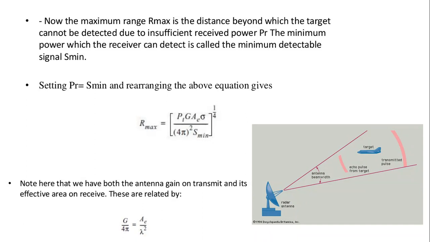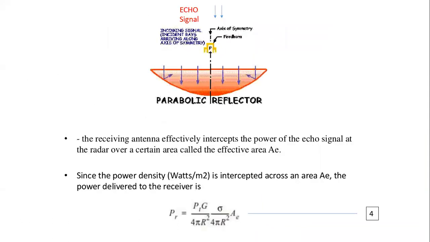Now here, if you see, it is placed in the denominator. Now when it is placed in the denominator, naturally what happens? And it is to the power of 1 by 4. How did we get 1 by 4? If you see here, 4 pi r square. Now when we have said it as 4 pi r square, when we are squaring it, 4 pi r square whole square, it becomes 4 square pi square r to the power of 4.